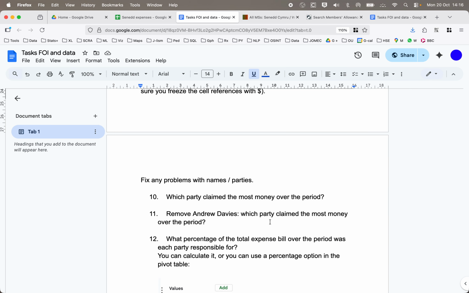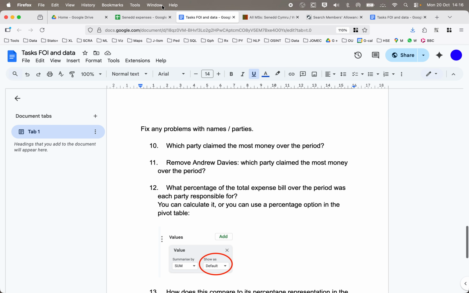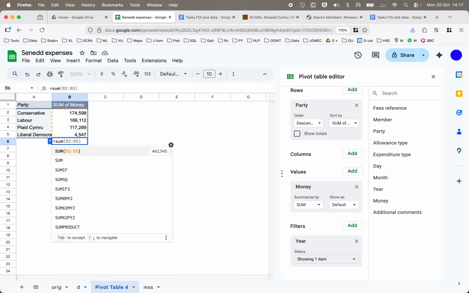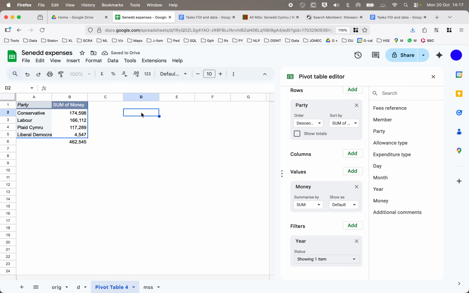What percentage of the total expense bill over the period was each party responsible for? Okay, so basically, how does it break down? Let's get rid of this filter on Andrew Davies. Now, if you got the total figure for this, which is 462,545, you could say, well, what's the percentage for Conservatives? It's that divided by the total. Let's just put it here. Okay. We could say, if we wanted percentages, equals this divided by the total,